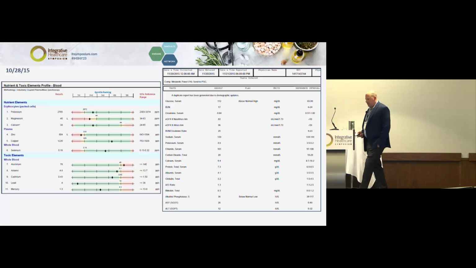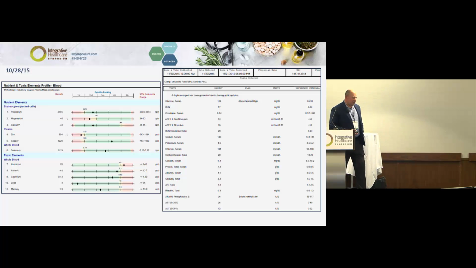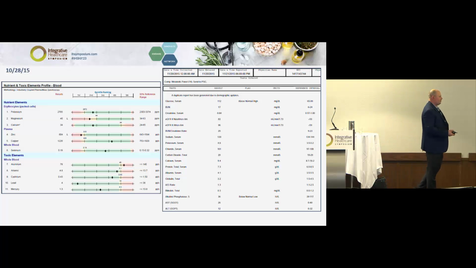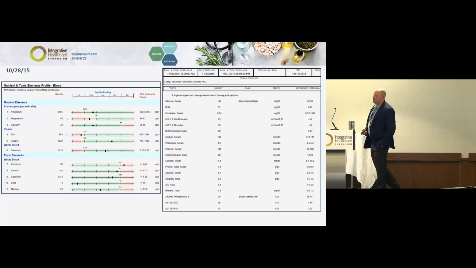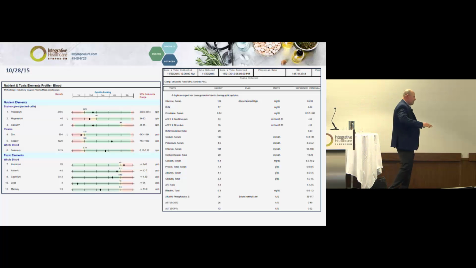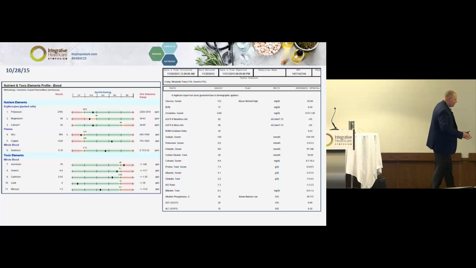But obviously, there are a lot of labs that are just measuring serum mag, and mag's only stored 1% in the serum. So if it's low in the serum, it's kind of like having an anemia because you have to wait so long before the deficiency is going to show. So one of the interesting things, too, and we're getting into the pattern analysis, is the importance of having a nutrient toxic elements panel together is because